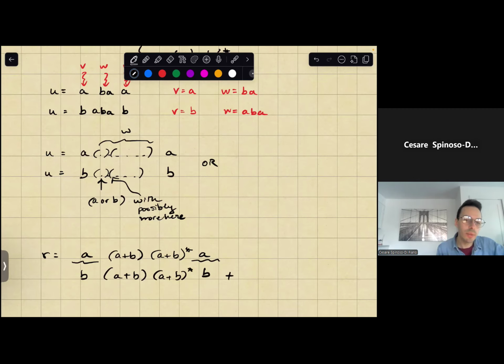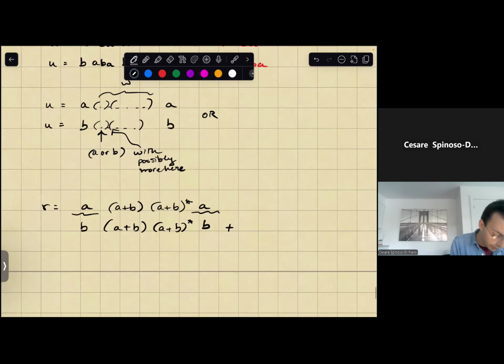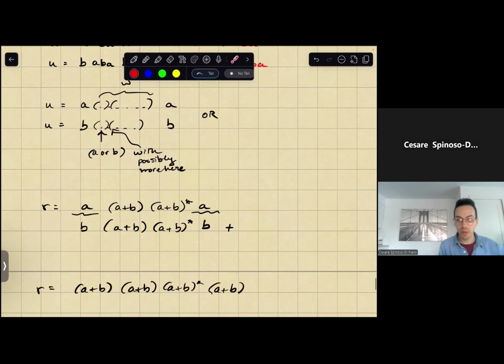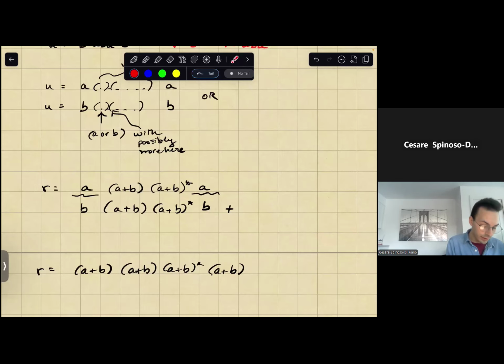So that seems to be the pattern if we use a plus or an or in between the two regular expressions. Could we maybe compress this further, right? Maybe we could do something like R is (A plus B), (A plus B) star, and then (A plus B), right? Because I'm saying, well, the beginning is either A or B, and then the end is either A or B, right? So although this seems appealing because it's shorter and cleaner,